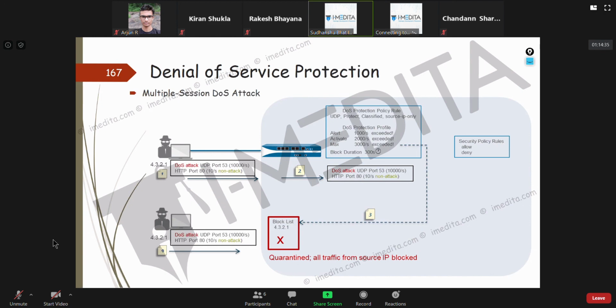I'll give you an example. Suppose somebody is really serious, or maybe offended by something iMeditor did. Suppose we make a statement which is very offensive to some group of people, and then those people decide they'll take our website down. Then you are a potential victim of this. So it depends on the organization level.